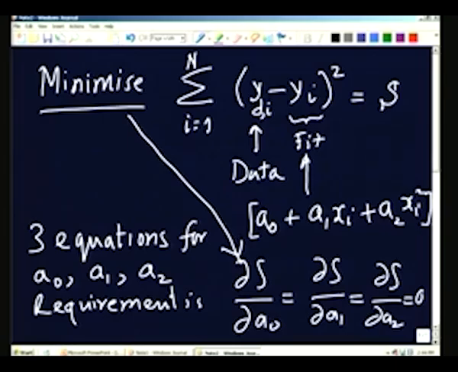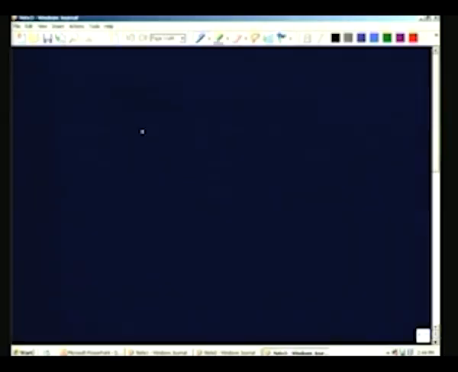So, if we do that, you can immediately see that instead of 2 normal equations, we are going to get 3 normal equations. And let us just see what the normal equations are by writing down the expressions for dou S by dou a naught, or any one of them. For example, I can take dou S by dou a 2. This will be sigma i equal to 1 to n